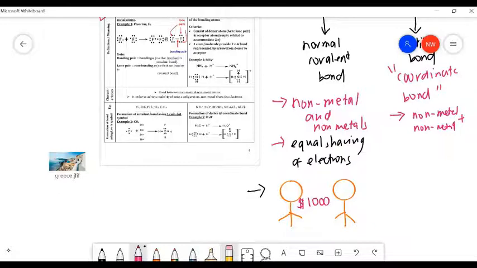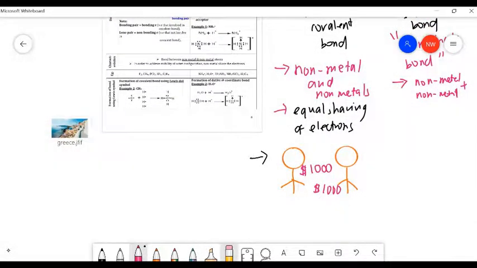Okay, and also because kita nak buat partnership, you pun akan contribute sebanyak $1,000. So equal sharing of money. Okay, you contribute, your partner also contribute. That is for the normal covalent bond. Okay, it's just like untuk covalent bond yang biasa, you share,